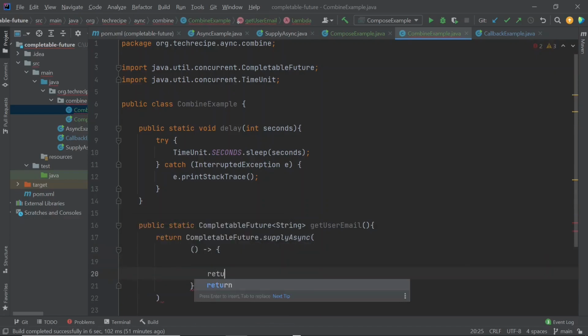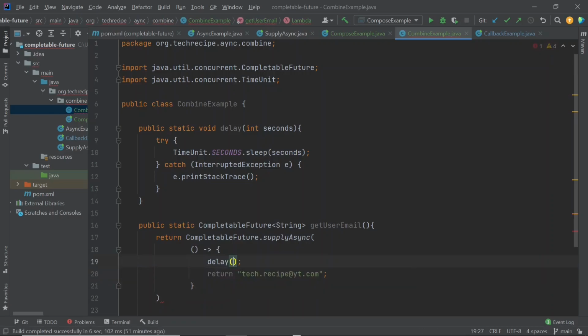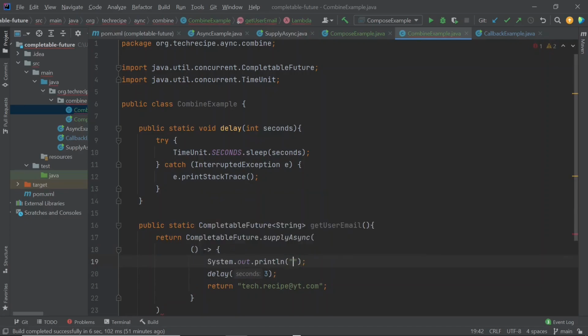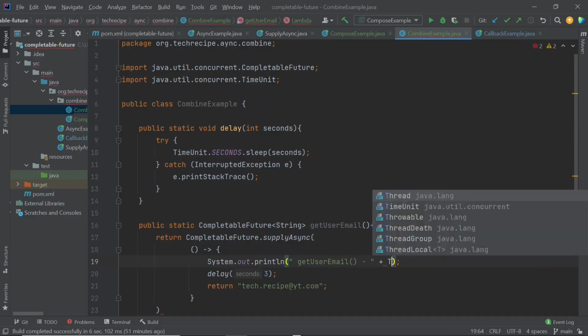Here also we are going to return a string, so let's return a recipient, and we will also add a delay. Getting email takes 2 seconds or maybe 3 seconds, and let's output where we are, and also output the thread on which this code is going to execute.